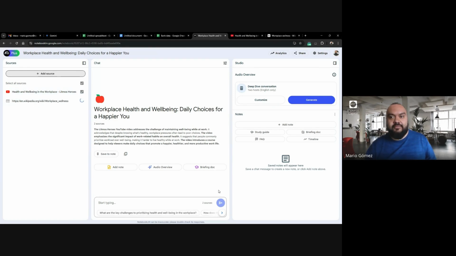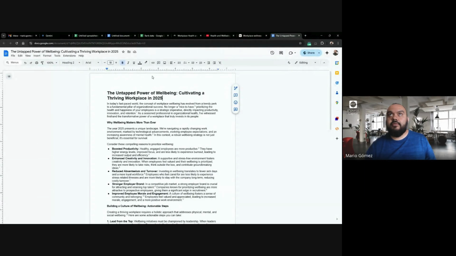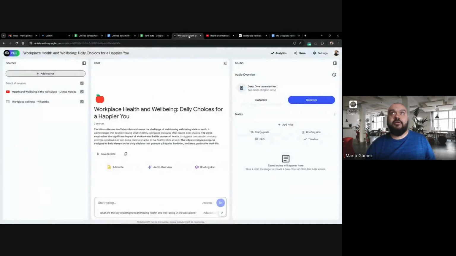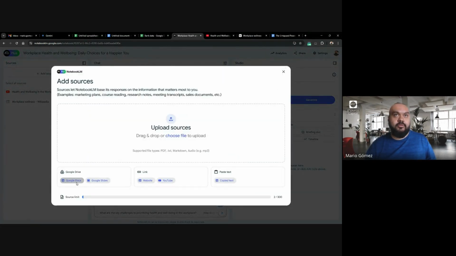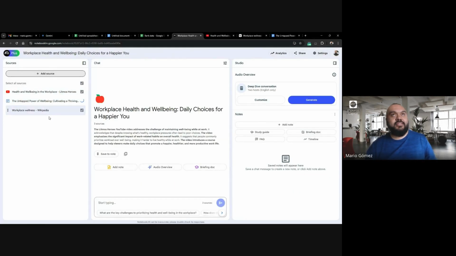What if I have a document? Maybe I have this document in my drive that's also talking about the power of well-being, cultivating a thriving workplace in 2025. This is nice for me as well. So I go back in here, add another source. This time it will be a Google Docs, and then I can select this one here, insert. As you can see, there are 3 different sources of information now that were added to my notebook, and